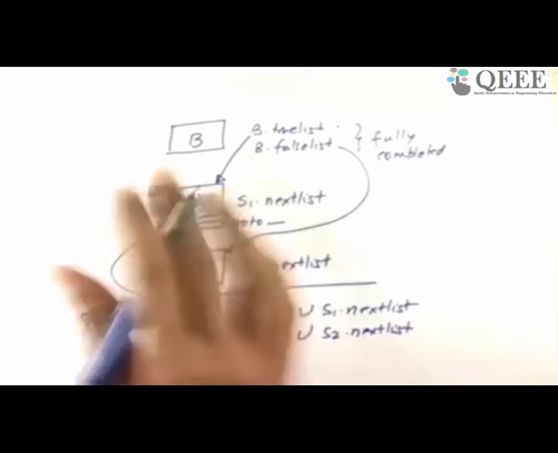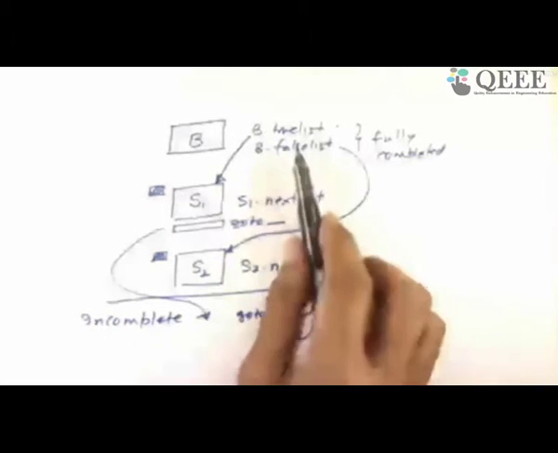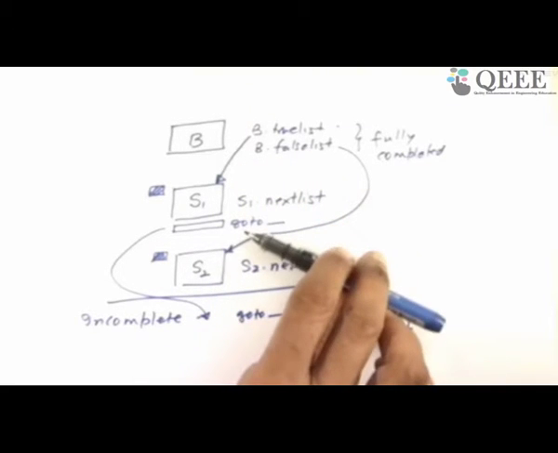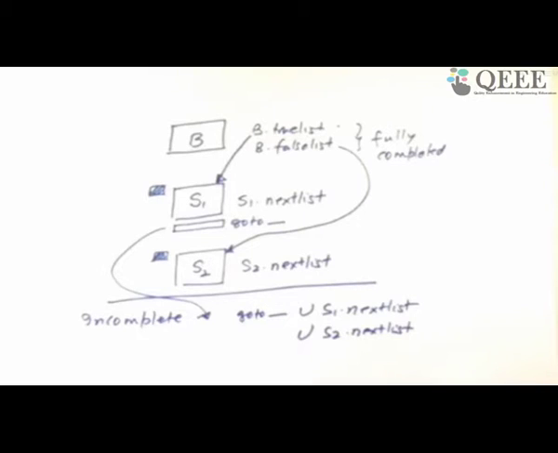This is a theoretical exercise that you have to do. Connect the B.true list with S1, the B.false list with S2, put a goto after S1 to skip the S2 part, and all the incomplete ones hang out together. Now if you read what I have written on the slide, you will observe a cryptic notation.